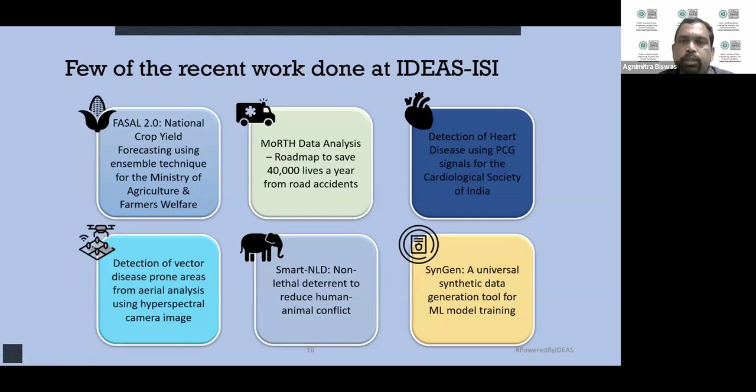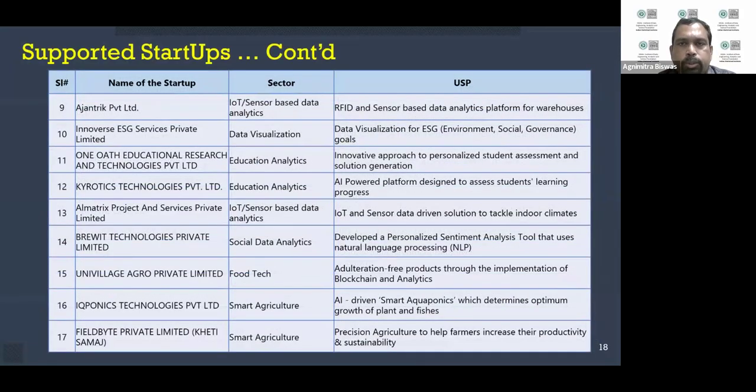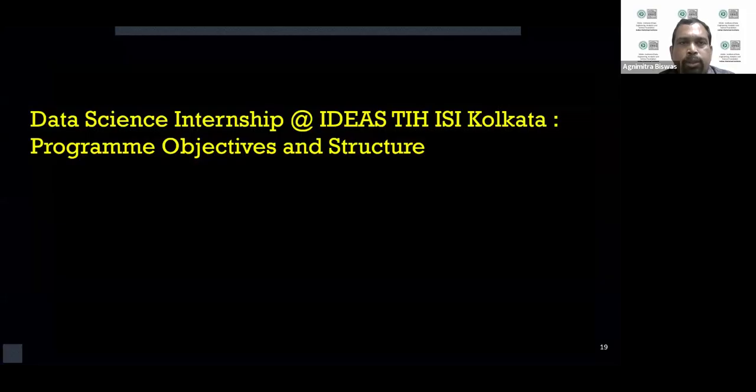There are many more projects, and hopefully a few of you will be involved in these projects during your internship. We have a list of startups that are supported. The criterion for all the startups is that they have to be in the domain of data science, artificial intelligence, machine learning, etc. So we support many such startups. Now coming to this particular program and objective, before I go to the next slide,